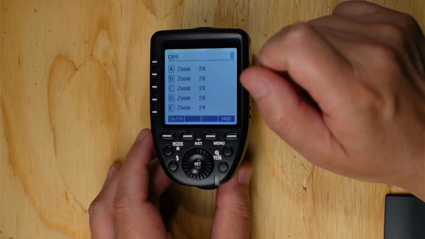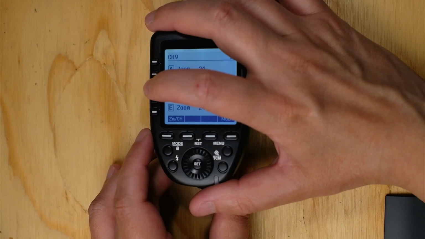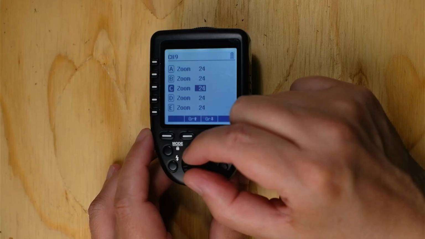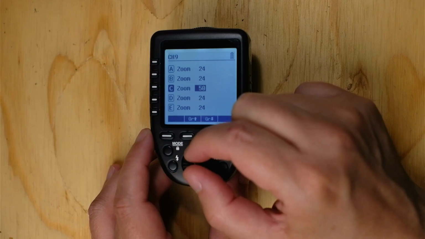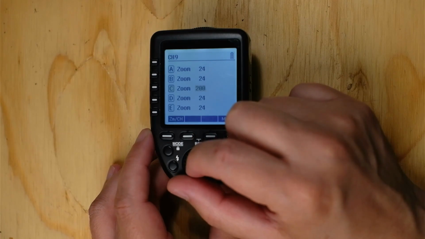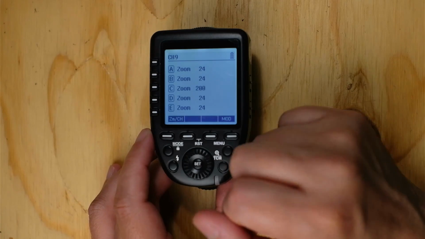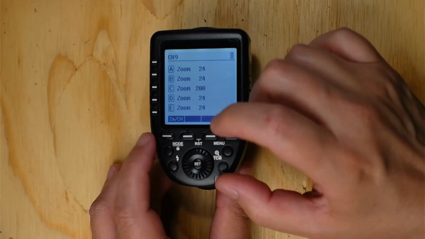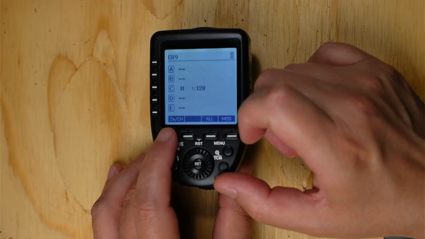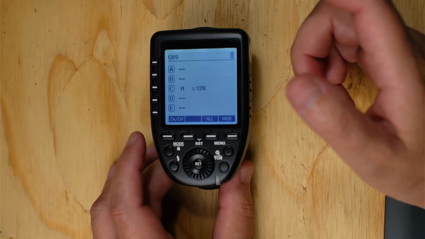I'm going to change this just for kicks. I'm going to select group C and I'm going to change the zoom to the longest it has, 200 millimeters. And going to press the zoom button again to return to the main screen. And apparently we are ready.